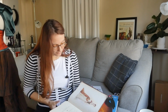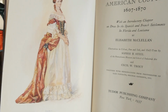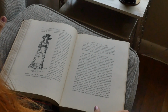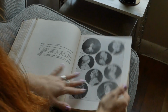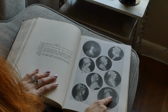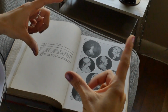And look at this photo when you first open it up. I mean, is she not a fall goddess? What the heck? We're just gonna flip through a bit and see if we can find something. This is 1780s. This book is really cool because it has all of these photos. These are all photos from 1800 to 1812. I mean, how cool is that? They're not photos, they're